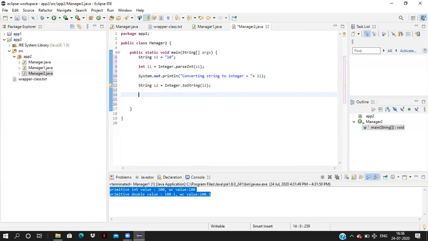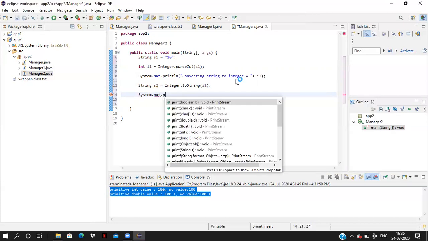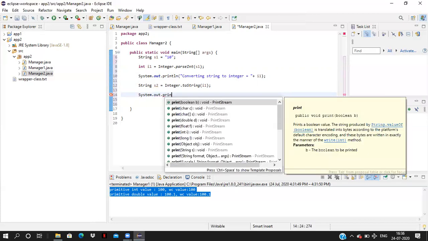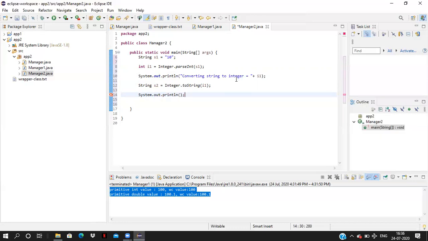Similarly, the i1 value, an integer primitive type, I am converting into the string using the wrapper class. System.out.println of converted int value to string.